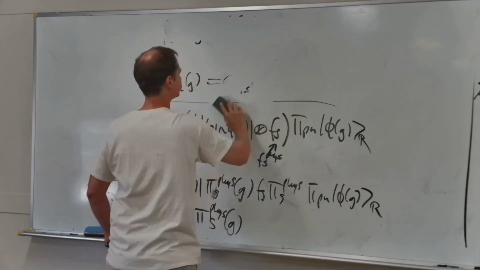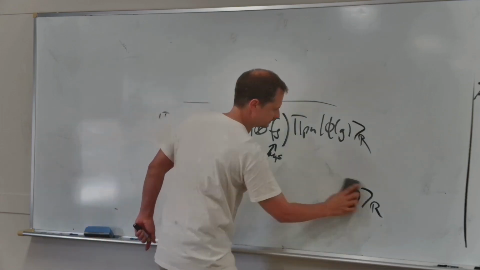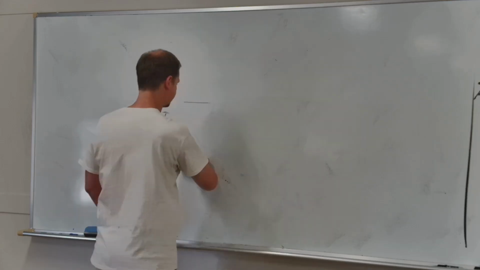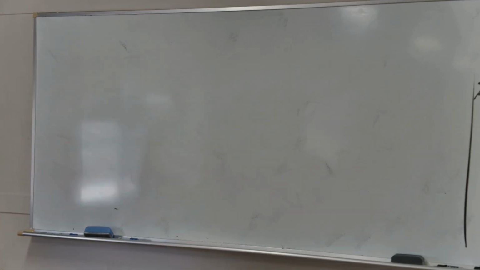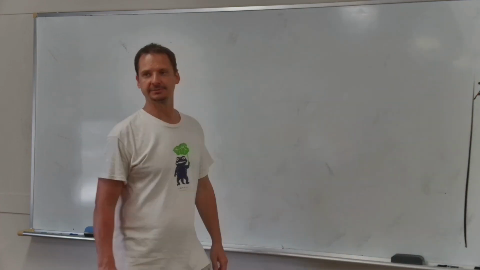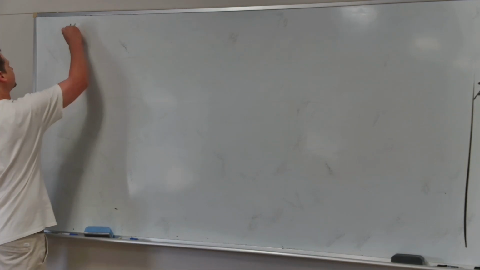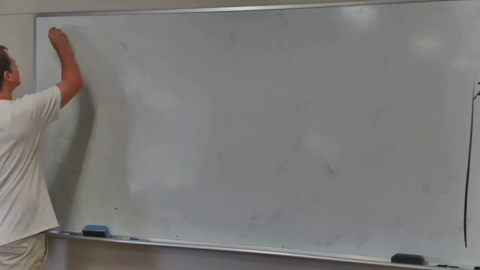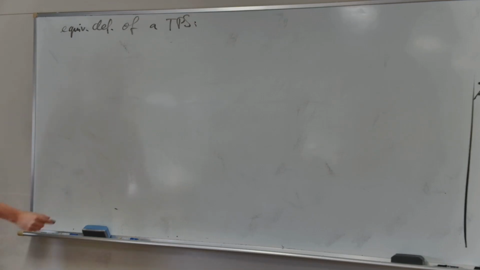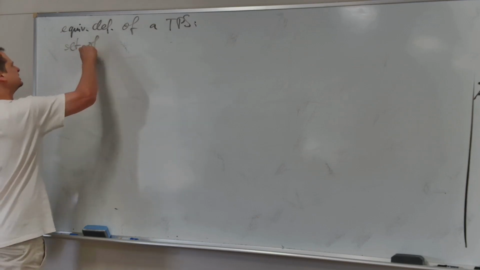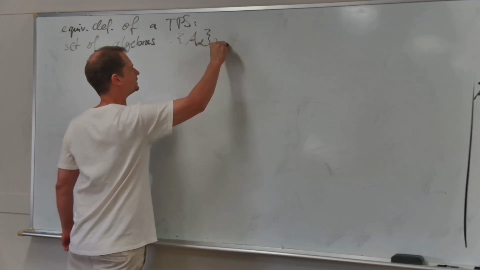You can do this also directly at the level of gauge invariant observable algebras. I'm now not going to prove that part. Maybe I'll give you a bit of intuition for it, but just for time reasons, I will probably skip that. In general, you have two or more equivalent ways of defining a tensor product structure, and the algebraic way is an alternative, equivalent definition of the TPS. You have a set of algebras, call them A alpha, with alpha in some index set,